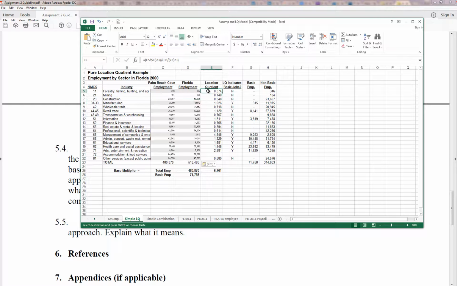And now it's calculated. So basically, location quotient is the share of 346 divided by this, and then 997 divided by this, and compare the two shares. So we use this divided by this, and then divided by the share of the same industry in the larger area. So you get a location quotient. And we look at the numbers here, and we find out,